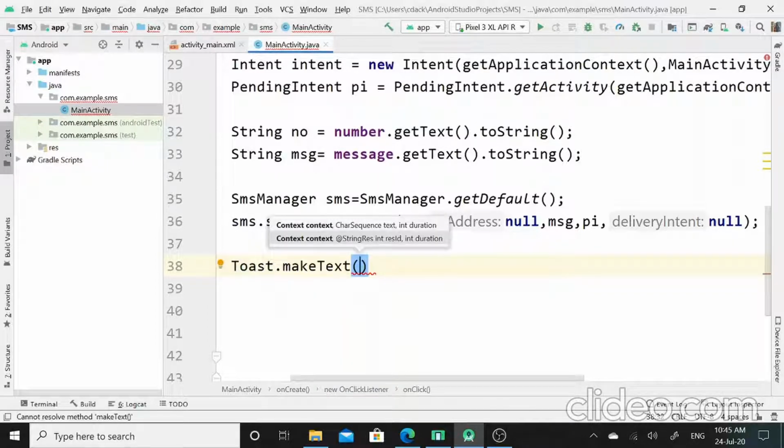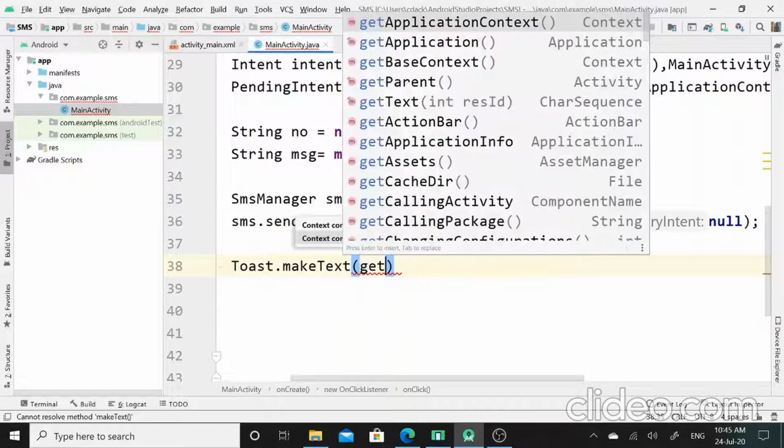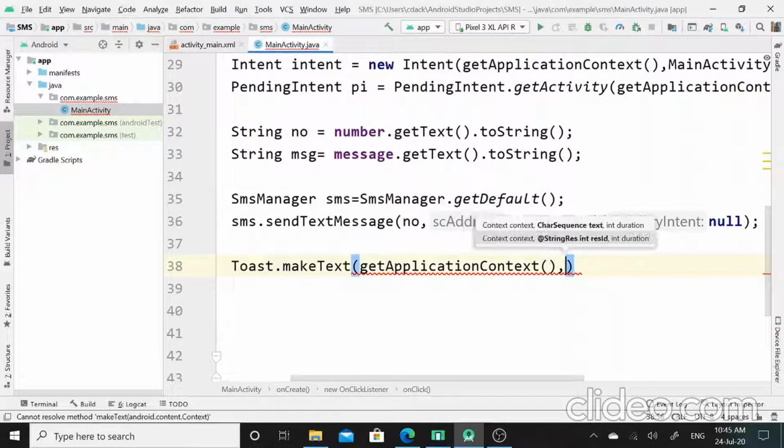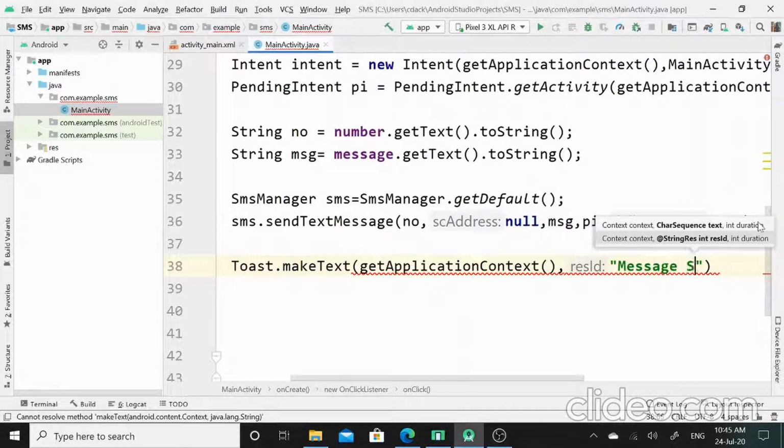In the makeText method I will initially send the get application context argument. Next, since I want to display a message, I will write one message over here, message send.